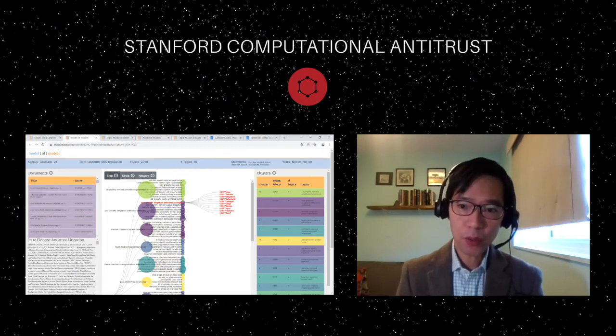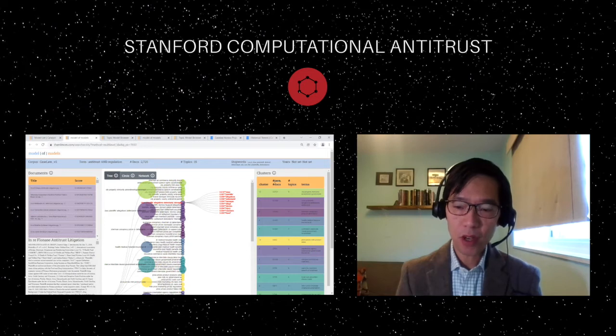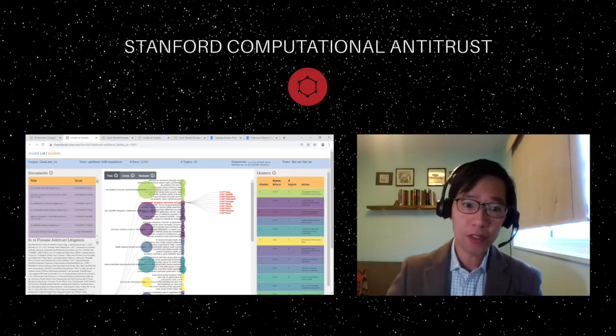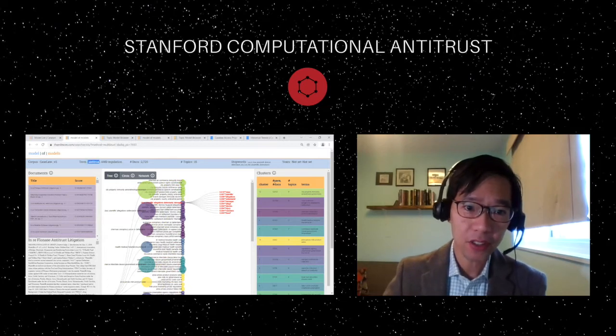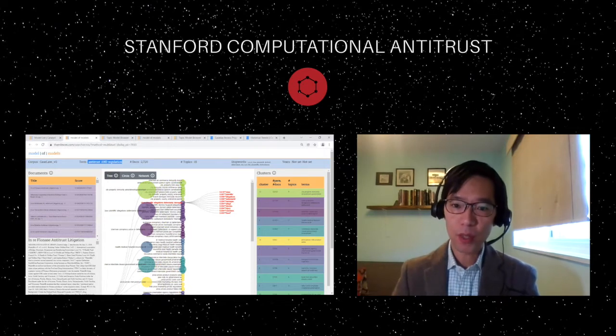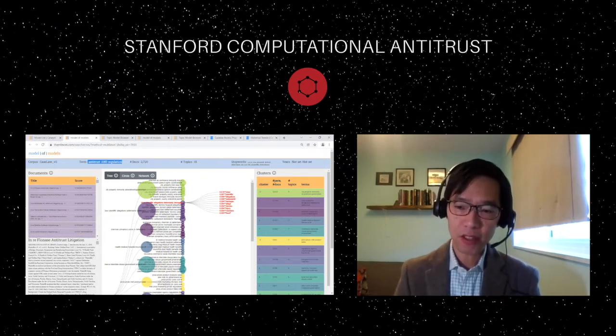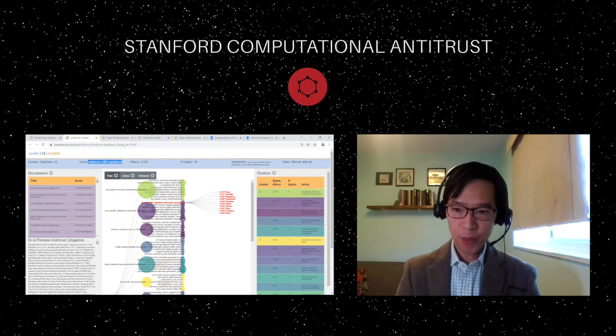So let me show you what DSC has devised. It's called a model of models visualization, and this is in the corpus of, you can see here, antitrust and regulation. So we further filtered it down to 2,720 documents. The antitrust and regulation corpus itself is 7,308 documents, but you can filter it down a little bit more on the DSC platform.